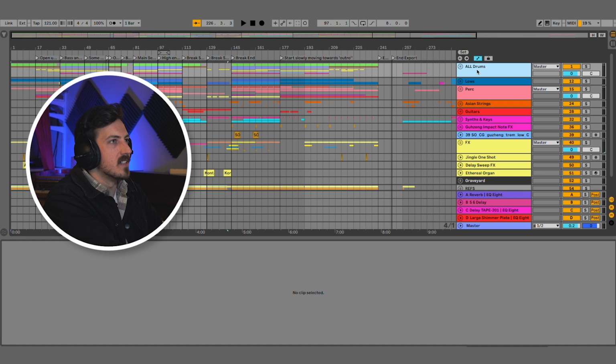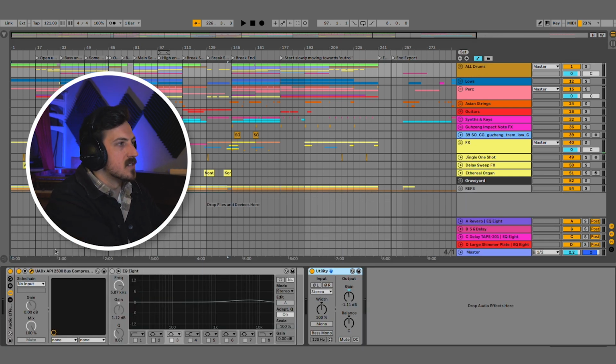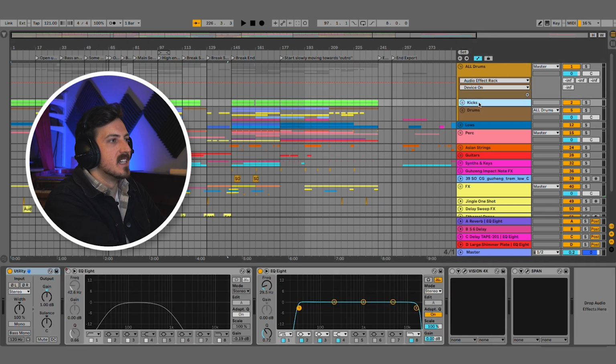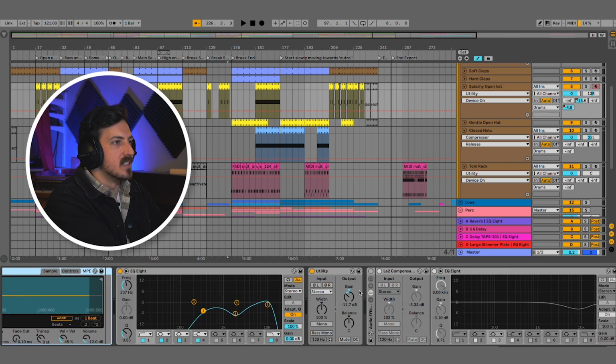I think that's the main thing that a lot of people jump straight into, like super crazy compressors, because the first thing I have here is this API 2500 bus compressor that is really nice for drums in some cases, and I've used it here. A little bit of parallel compression is nice, but the most important thing is going into those individual channels and saying, okay, do I want the kick a bit louder? Do I want that splashy open hat to be way quieter? So go in, and before you do anything else, I'd say spend a lot of time on the